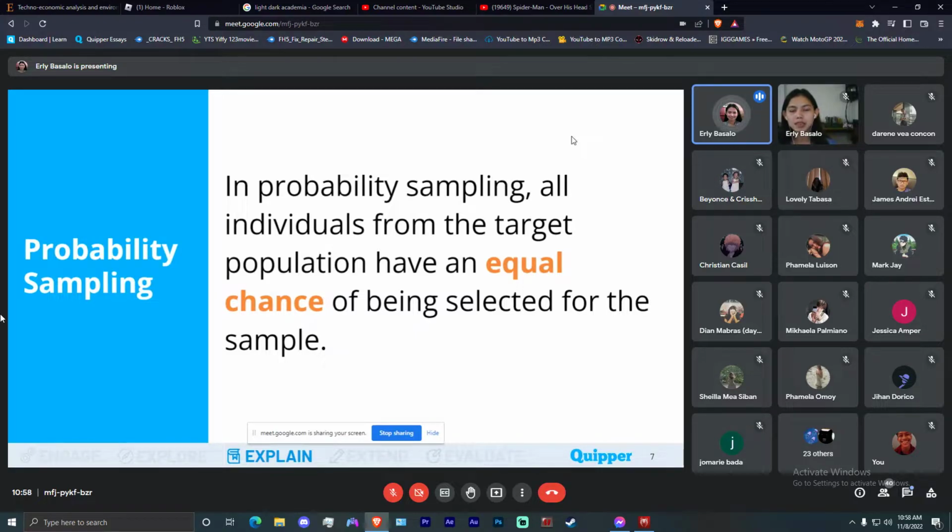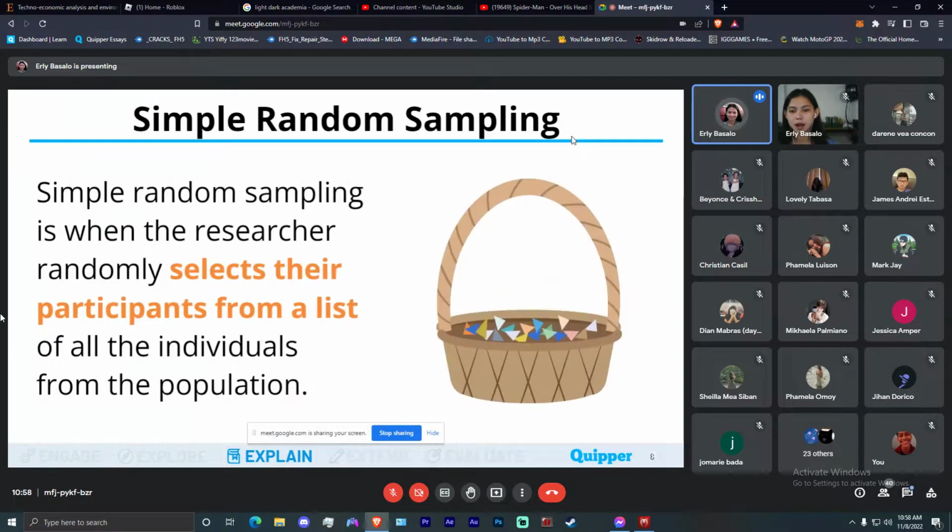So, meaning in probability sampling, all of the among the population, they have equal chance to be selected as participants. Unlike sa non-probability, which is randomly ranin yung gina pili ang usa ka participant. Pero diri sa probability, equal chance ang mga among the population to be selected